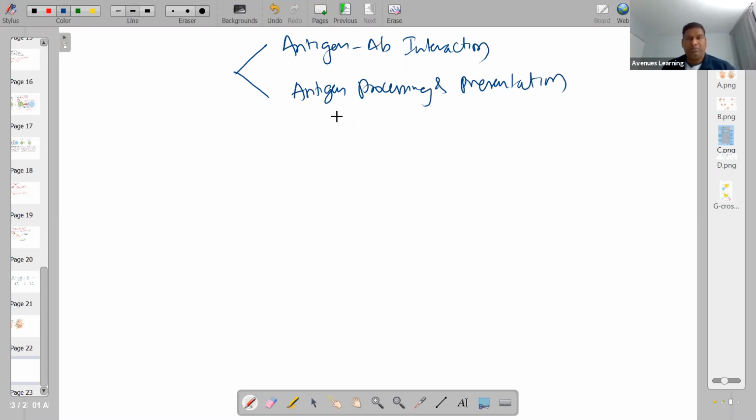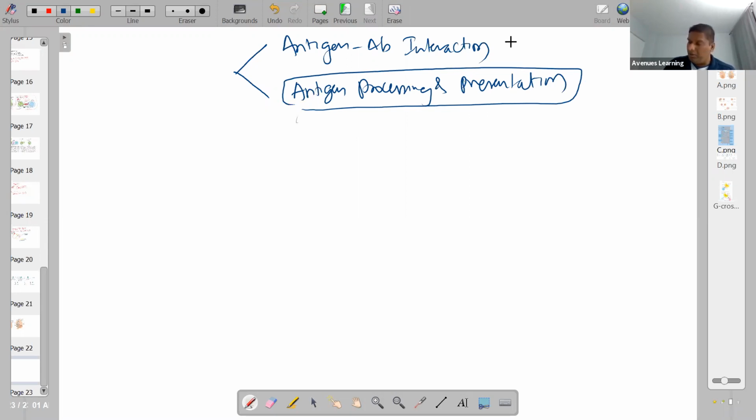Okay, how is antigen processed and presented? We already briefly discussed this. Now we are looking at the intricate details. What are the molecular mechanisms involved here? First, let's start our discussion with antigen antibody interaction. If you look at the antigen antibody interaction, the antigen and antibody, when it forms a complex,